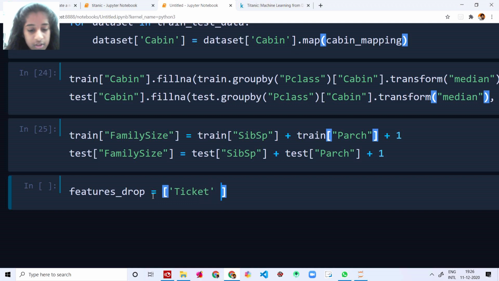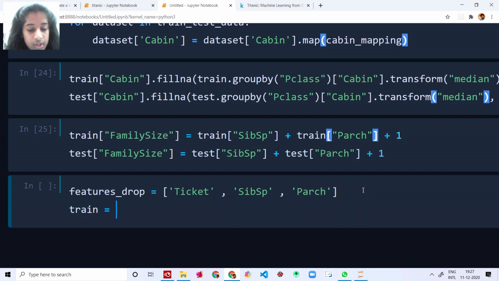First it's going to be the ticket, then the SibSp, and then the Parch. And then I'm going to say train is equal to train.drop features_drop,